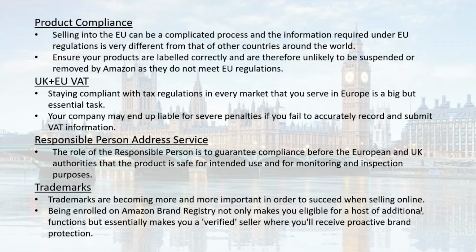Well, I don't think you've missed anything out. I just think that it makes the process of getting set up look quite a daunting task. I think it's worth noting that actually these are certainly the top three: the product compliance, the VAT, and responsible person. They're very procedural activities that you need to run through, that have a fixed upfront cost and generally then an annual ongoing compliance cost, which is not extortionate by any stretch of the imagination,